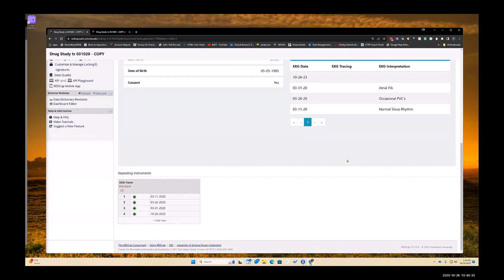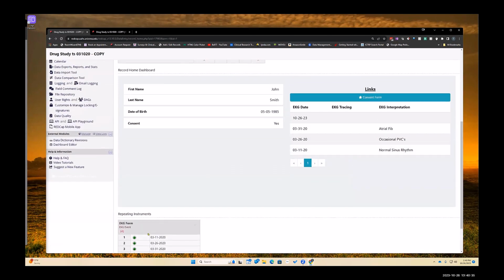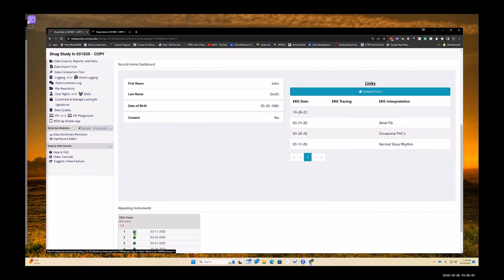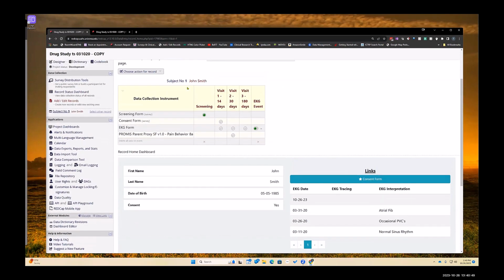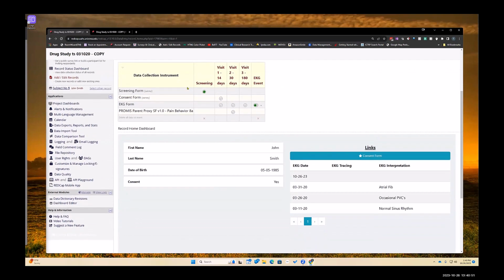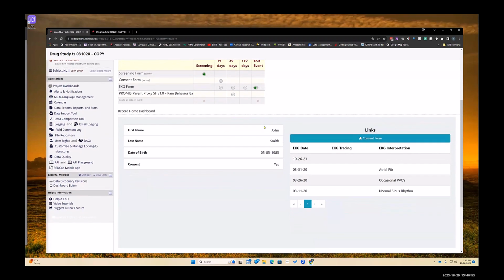On the other hand, I wouldn't have even had to put the date. It's all showing up right here. The nice thing about this is you can grab that. This just gives you some added information in a table form for your little record dashboard. So these are the four different types,